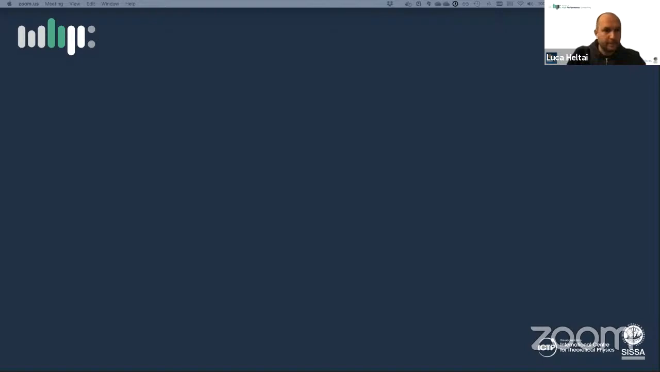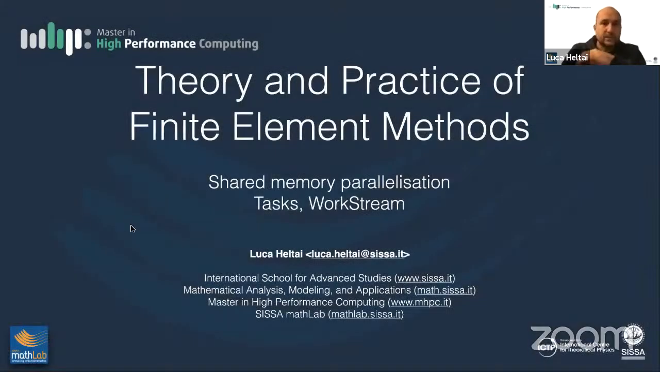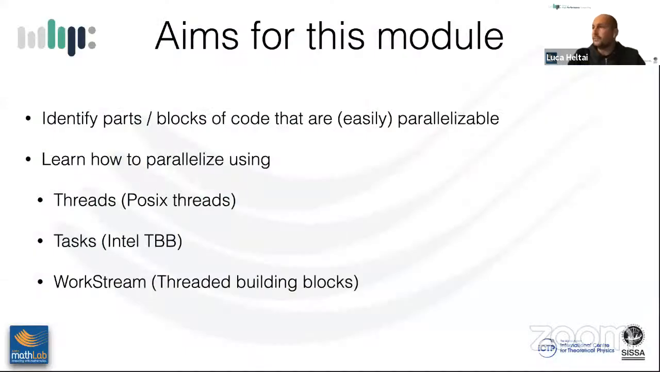So welcome, everybody. Today we're going to be discussing shared memory parallelization using tasks and WorkStream. The main objective of this module is to identify parts of the code which can be parallelized and are actually easily parallelizable, and how to parallelize those using either threads, tasks, or a class that is created in deal.II that is dedicated to parallelization using Threading Building Blocks